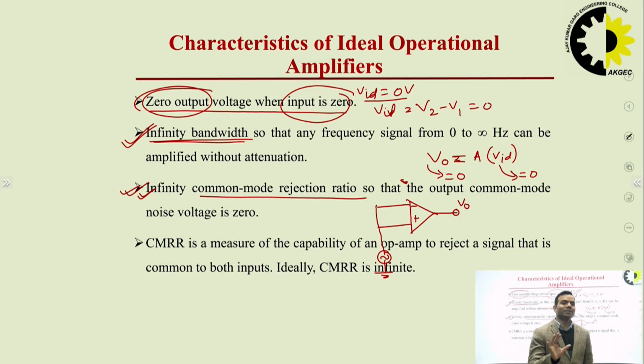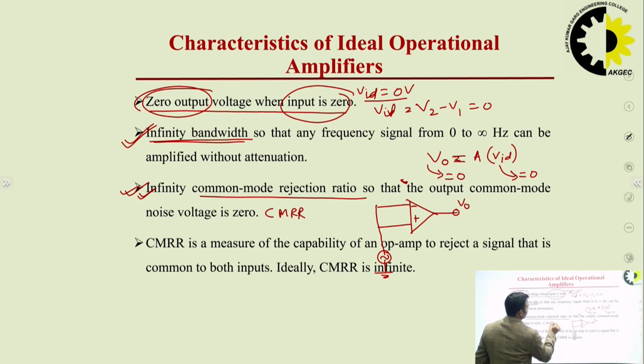Ideally it will be 0 because we have seen perfect balance earlier. If both inputs are the same, then the output will be equal to 0. Due to this, ideally, CMRR will be equal to infinite, because there is another relation of CMRR. CMRR is equal to AD upon AC,